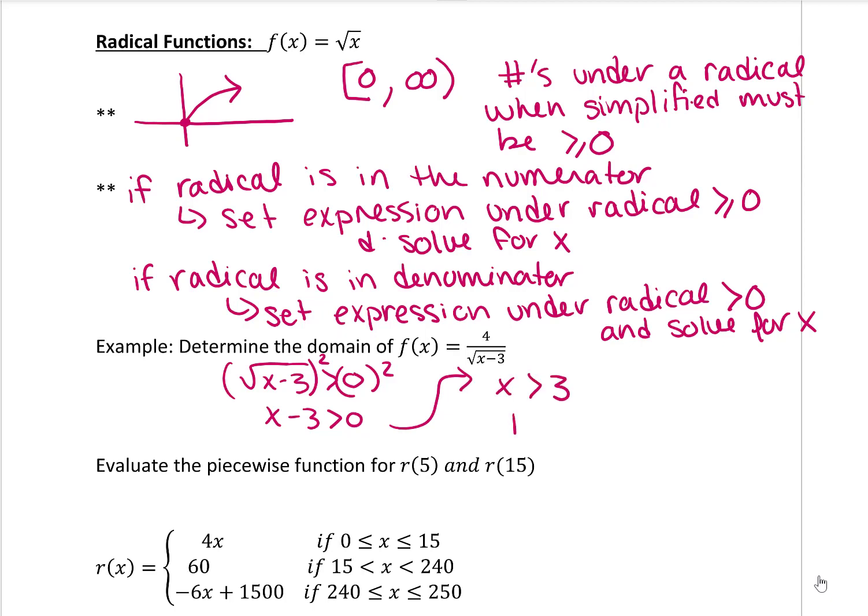And this is our domain. We want to complete this by writing it in interval notation. So our answer is all x values greater than 3. So that means that the smallest number is 3. It's a round parentheses because we're not including it,